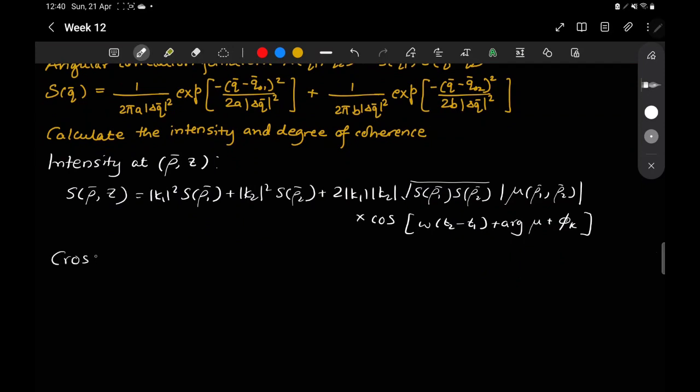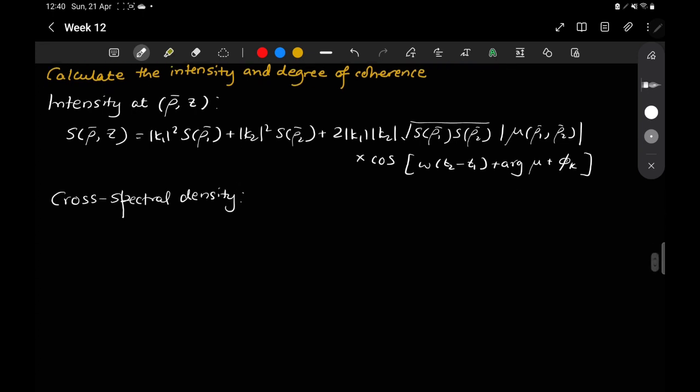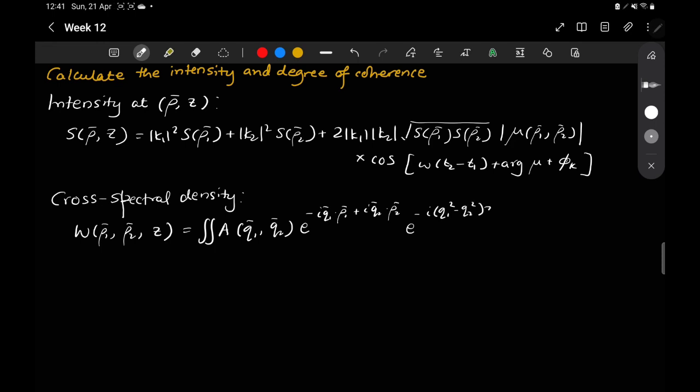The cross spectral density is given as follows. And degree of coherence